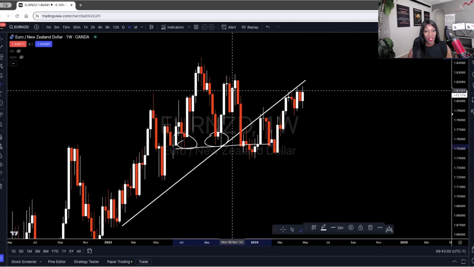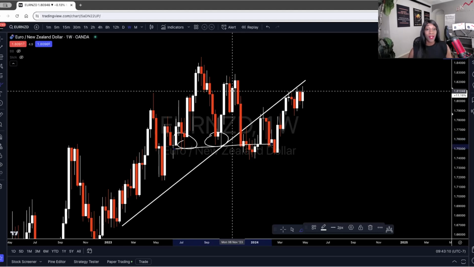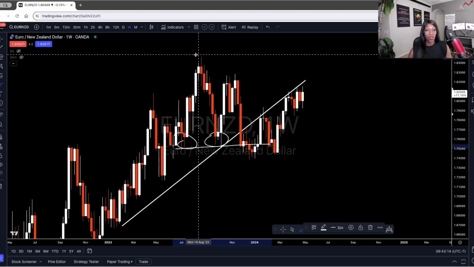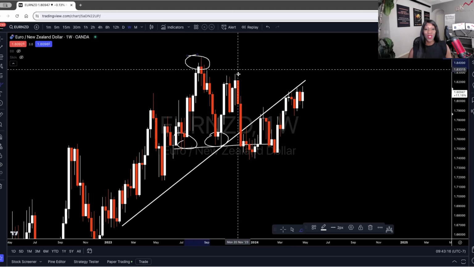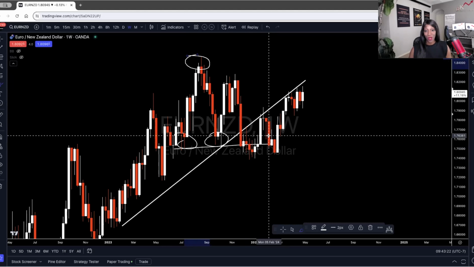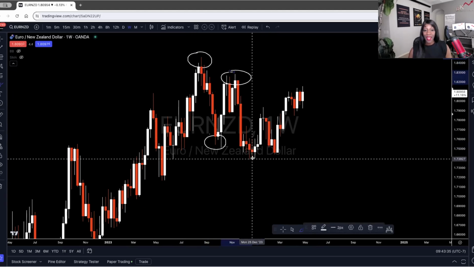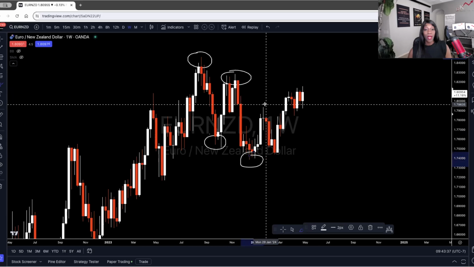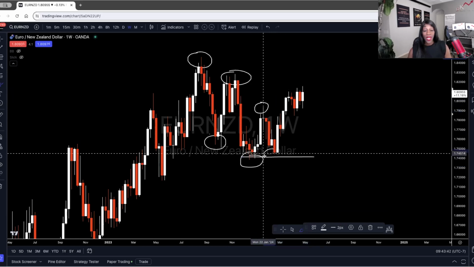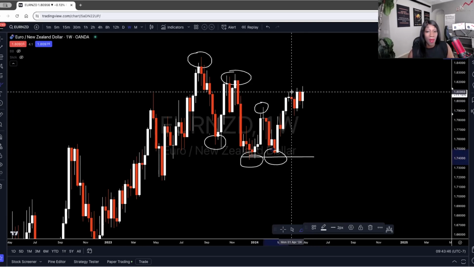So this uptrend was broken by the low at 1.7526, and then price started to rise again. However, notice that we didn't get a new high compared to our previous high. So this was an indication that possibly the trend was going to change, at least in the short term. So then we have a high, we have a low, we have a lower high, and we have slightly a lower low. Now we have another lower high, but we didn't get a new low here. Instead, we got a double bottom here on our weekly time frame, and then price started to make higher highs